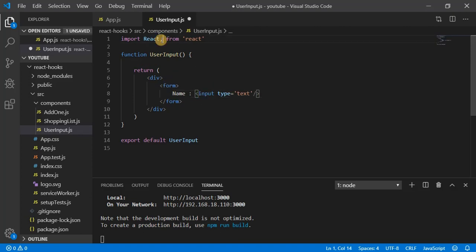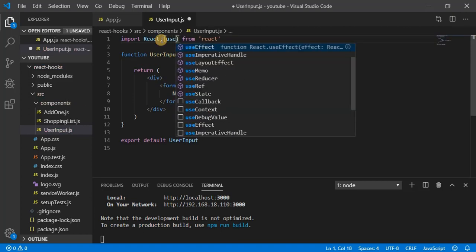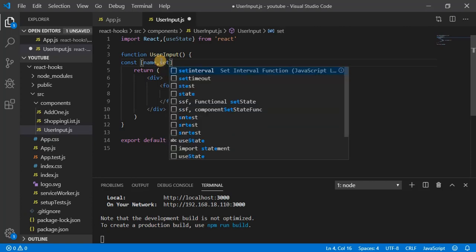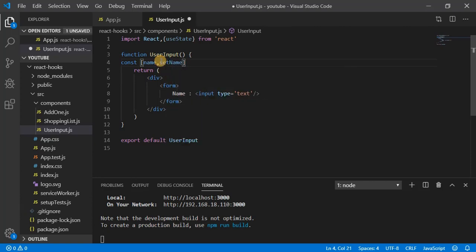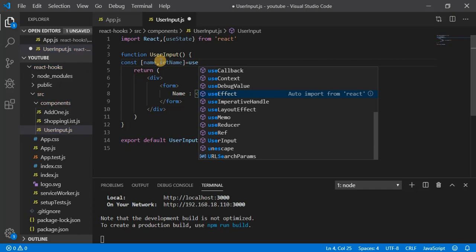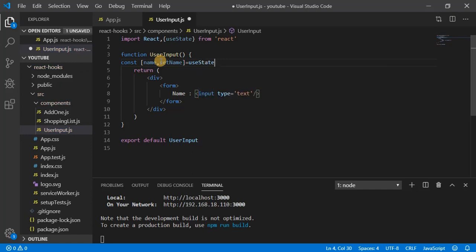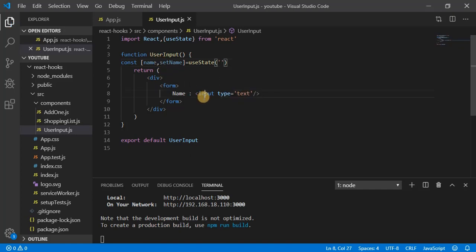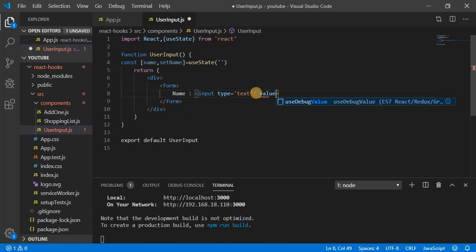Now import useState. const name, setName equal to useState. Pass the initial value as empty, and let's bind this value with name.